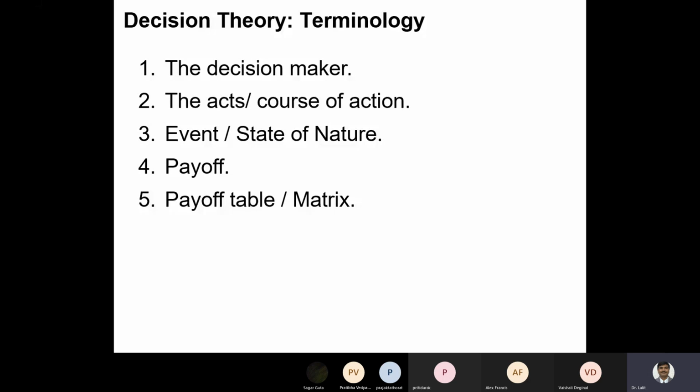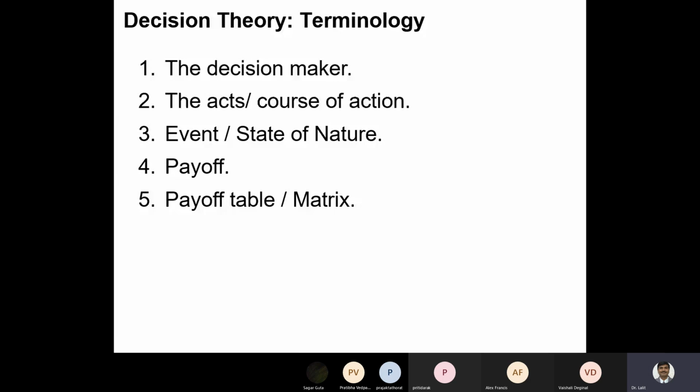Decision maker cannot decide whether economy will grow rapidly or it will grow moderately or it will show a negative trend, right? Consider another example. Suppose a farmer wants to decide which crop he should take in the coming season. Now, let's suppose that there are three different options in front of him. One is he can go for wheat crop, or maybe cotton, maybe a sugarcane. So these three different options are available.